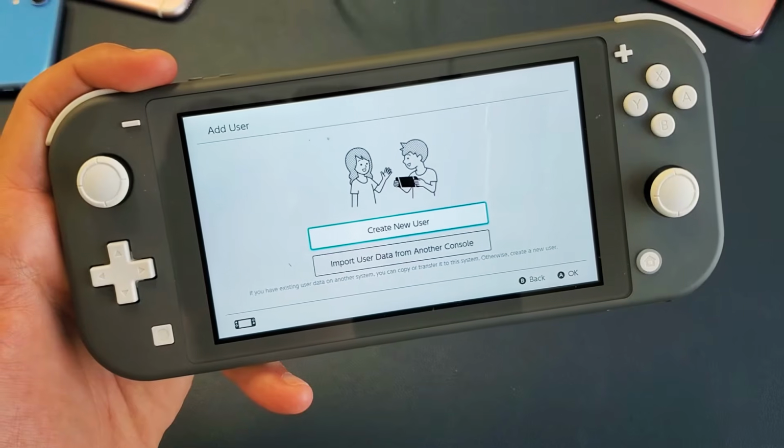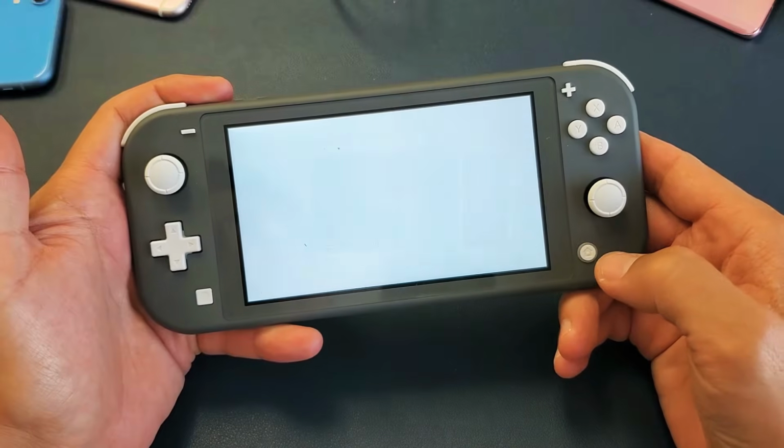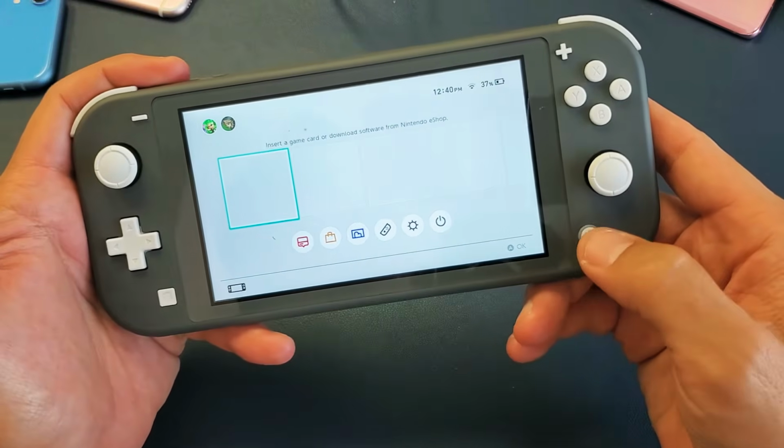I have a Nintendo Switch here. I'm going to show you how to add a new user. All right, very simple. So first thing is go ahead and click on your home button here, and then we